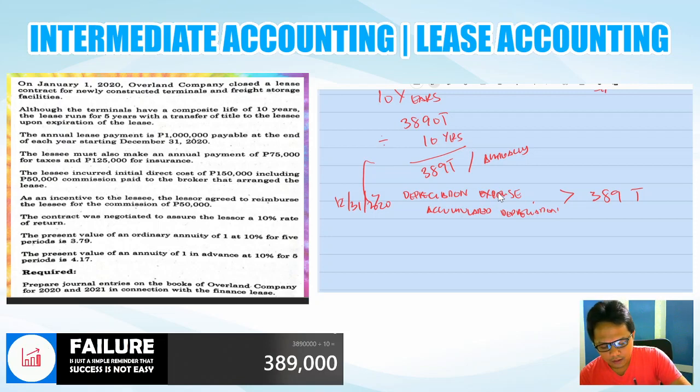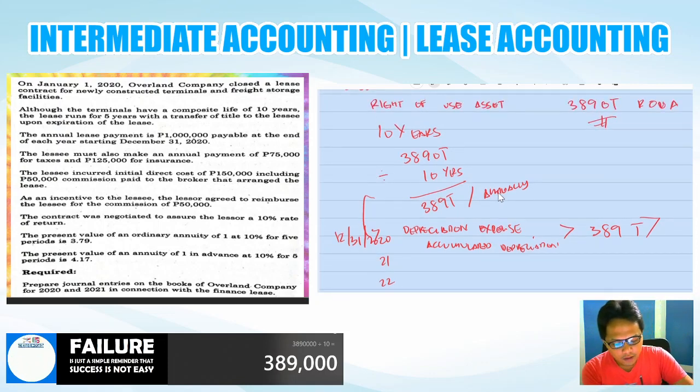transaction, then in 2020, 2021, 2022, 2023, and 2024, because it is 5 years, this is our entry up to 2024. Now, very basic, if we are to be asked, as of December 31, 2020, what is the carrying amount of the right of use asset? Then obviously,